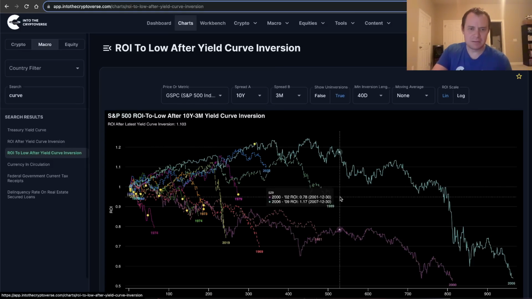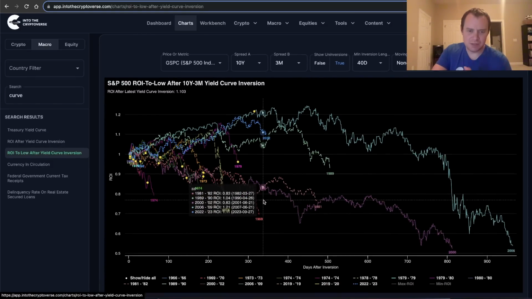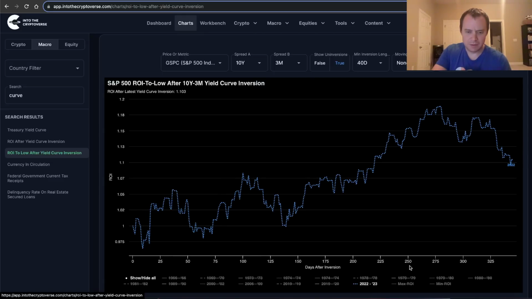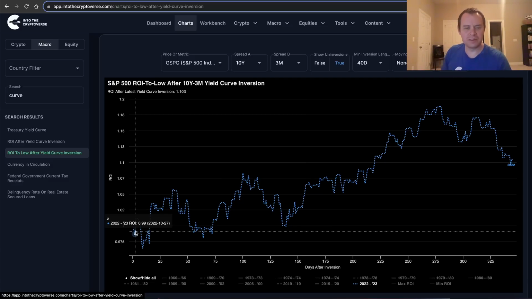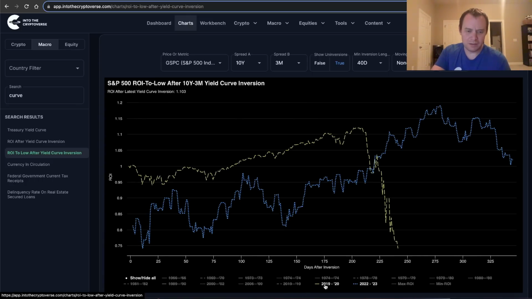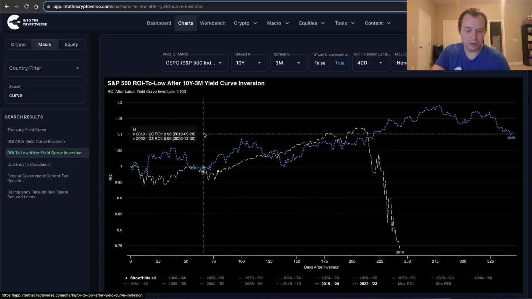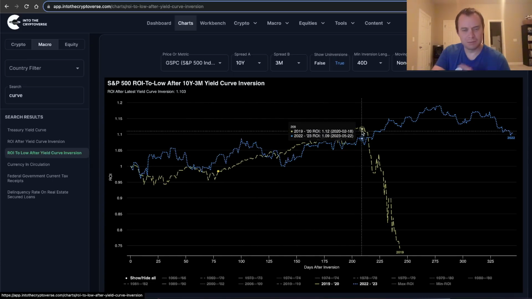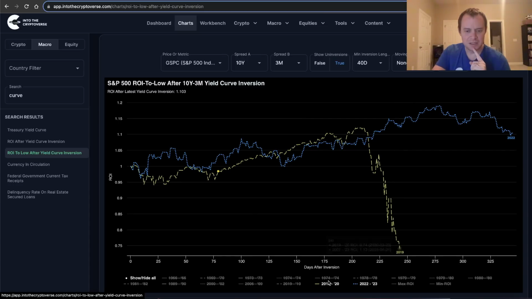Okay, now this is the S&P, and maybe we can at least start with that. This is the current cycle, 2022 to 2023. There's other inflationary periods that we can compare to. So this is not the S&P ROI from the peak or anything like that. It's just after the inversion of the 3-month and the 10-year yield. This is what the S&P 500 looks like so far this business cycle. If we look at 2019, that's what it looks like. That's what after the inversion in 2019 looked like, right? Climbs the wall of worry until the unemployment rate goes up, and then it drops.